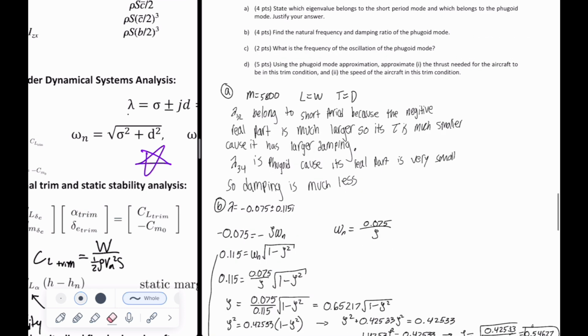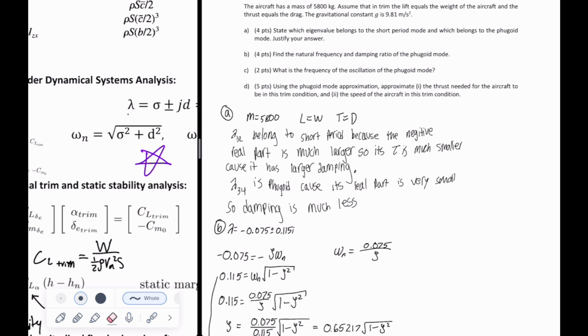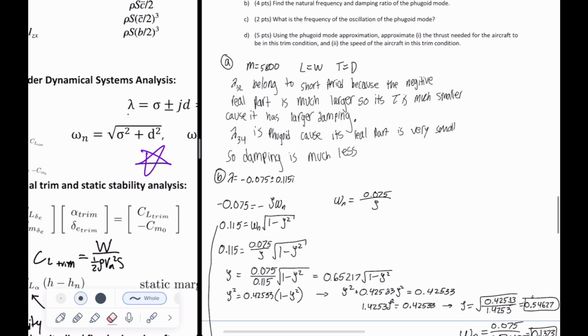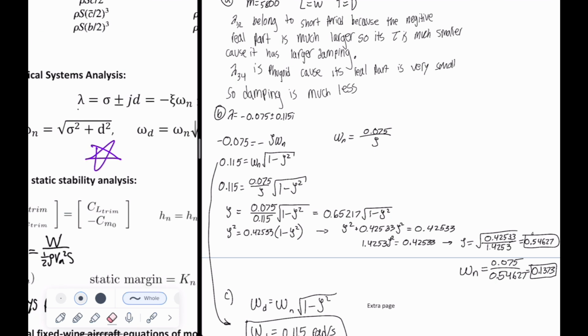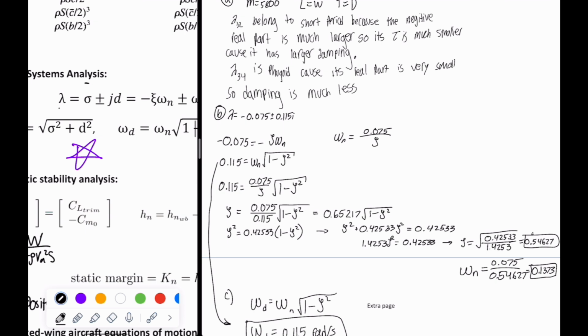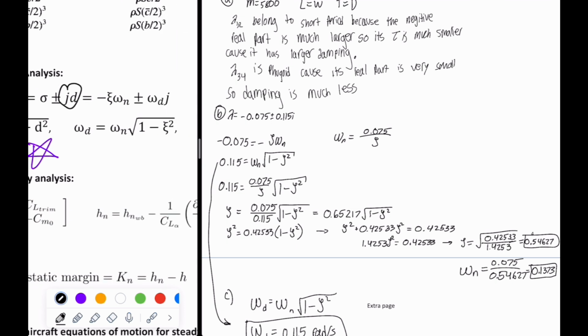Part B, find the natural frequency and the damping ratio of the fugoid mode. Okay, so this is the fugoid mode. We just determined that. So we can do all of this plug and chug of finding that the real part right here equals negative zeta Wn, and that the imaginary part right here equals this. So that's what I did right here. Or we can just skip all of the